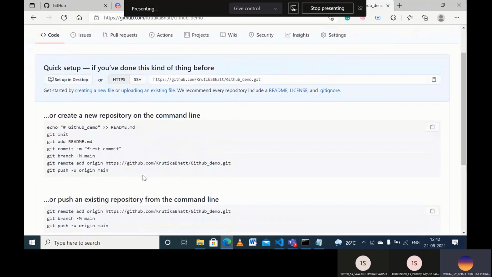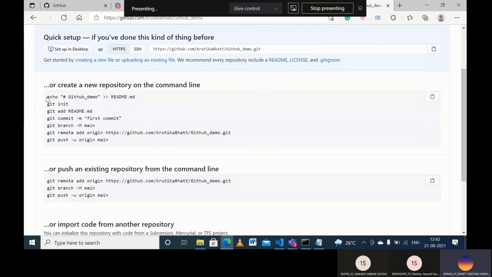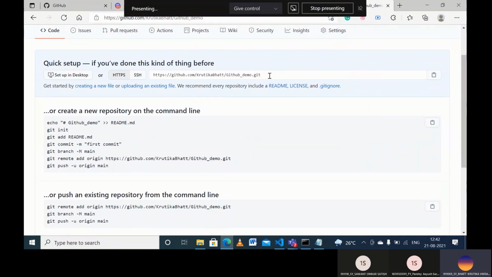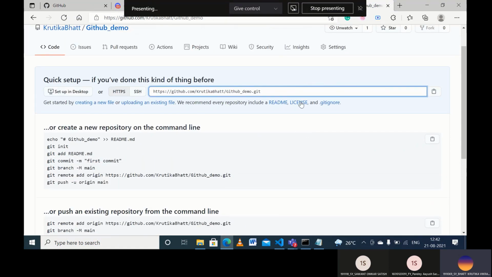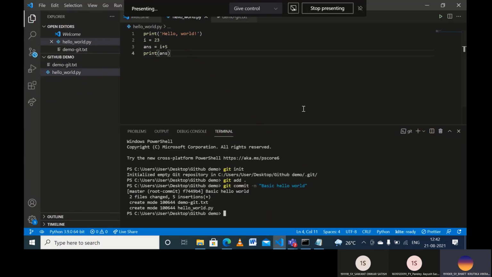So when you create a repository, you can see over here, we have a bunch of codes, which will instruct you how to do it. And you have SSH along with the HTTPS. So let's add the code we have on the local repository to the cloud repository. So all you have to do is, let's say